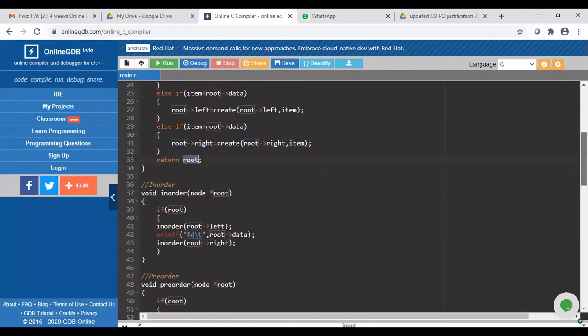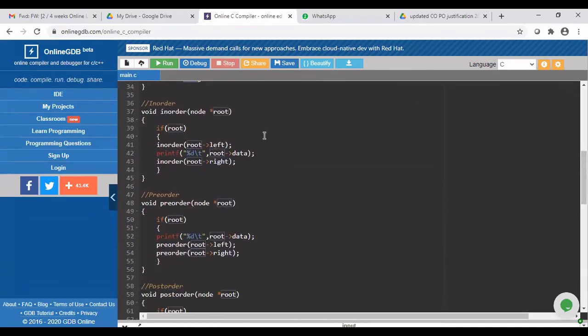Now, let me explain inorder traversal. If you understand one traversal, you can understand all of them clearly. Actually, inorder, preorder, and postorder traversals can all be implemented either by a recursive version or an iterative version. We are going to see only the recursive version because it is simple in number of lines. The iterative version will be a big program. So we are going to reduce our program length, and we will see the recursive function.